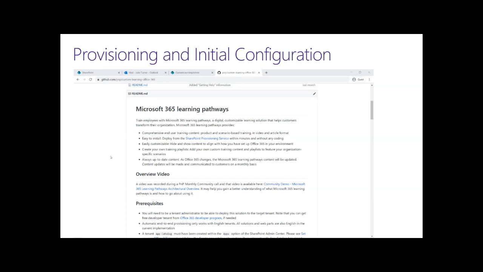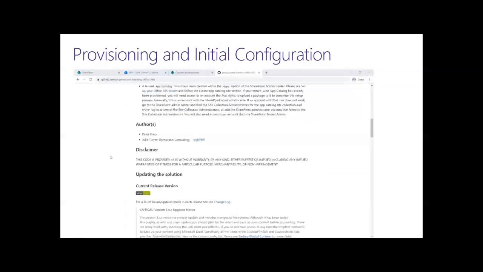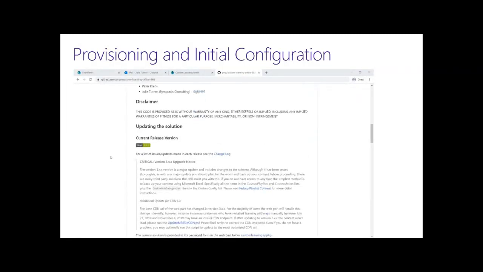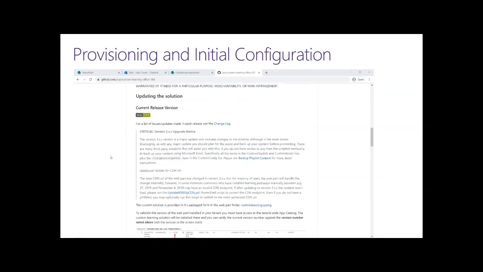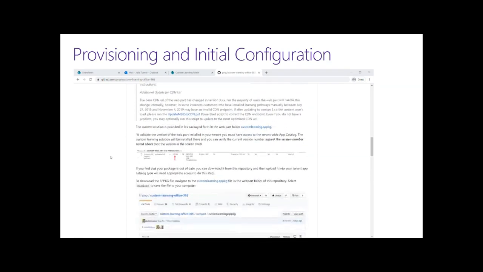You get to the GitHub repository, and if you scroll down on that landing page, you'll get into a README, and the README has a section in it for showing you how to update the solution. So you go down to the updating the solution section. It's going to tell you what the current release version of the web part is. That's what the drop 3.0.3 means there. It'll say whatever version is the most recent version,